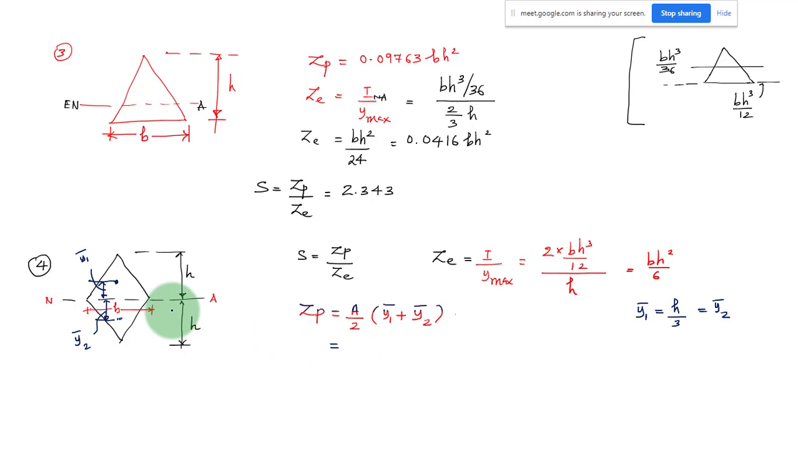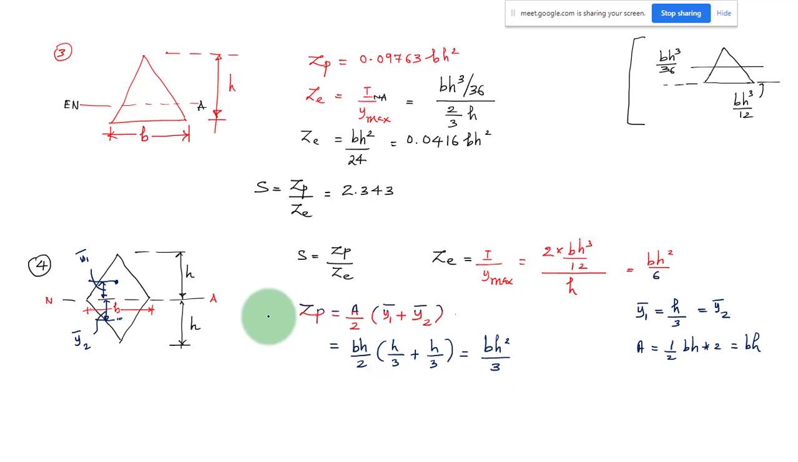So area of one triangle is half bh, and the total area will be half bh into 2, so that is equal to bh. So here A by 2 is bh by 2, multiplied with y1 bar plus y2 bar, that is h by 3 plus h by 3. So you will get 2 times h by 3, and finally it will be bh square by